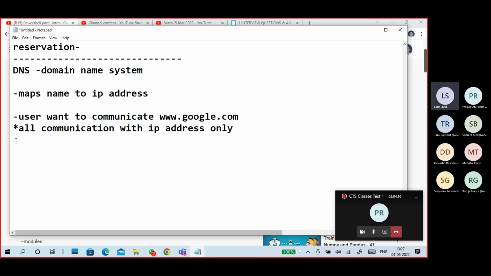But again, people will ask only one question, sir, can we communicate with a MAC address? The interviewer asked like this. Why do we keep telling all communication is with IP address? We can't communicate with a name. We can't communicate with a MAC address either. Whether it is local or public communication, we communicate with an IP address only.